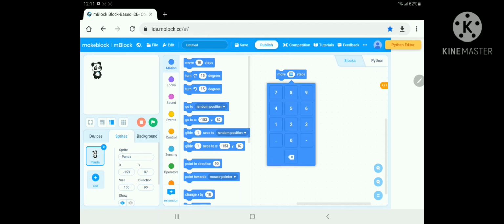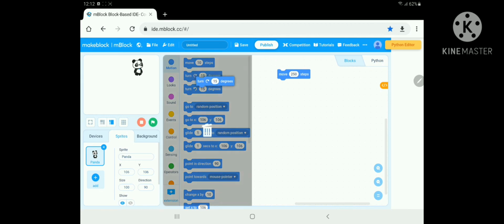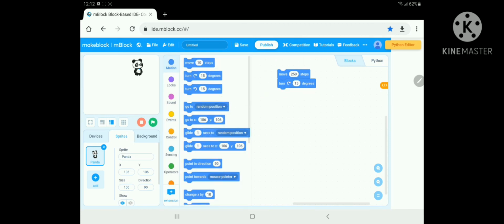If we take like 250, our panda will move this much. I think this much is okay. After that we need to make our panda rotate 90 degrees.